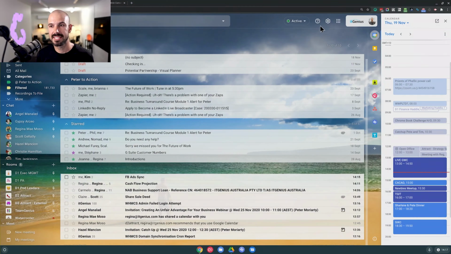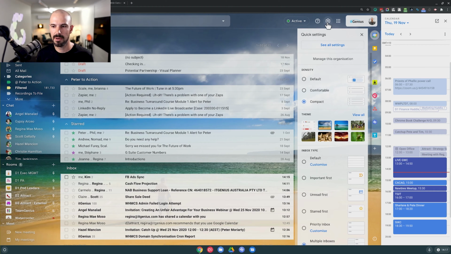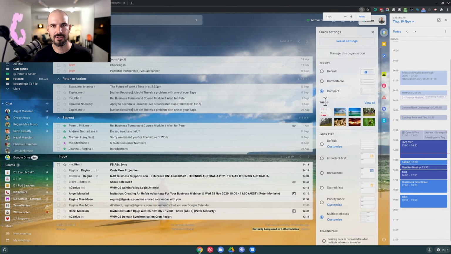Now the settings wheel is really easy to access, top right hand corner here, we just hit the settings button. And the first thing I do is I like to switch it to compact mode. Now not only is that because I've got good eyes and I can see more of the emails, but I just like to see exactly everything that I've got to work on in one place. I don't want to have to be scrolling or going through multiple pages. And I understand if right now you've got hundreds or even thousands of emails in your inbox, then I would say you would be a good candidate to check out our inbox management program inside of Genius Academy. But for a starter, let's get it to compact, which is going to at least allow you to see more of what's going on in your inbox.